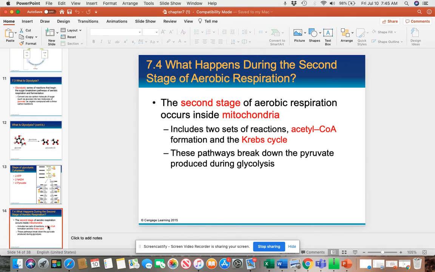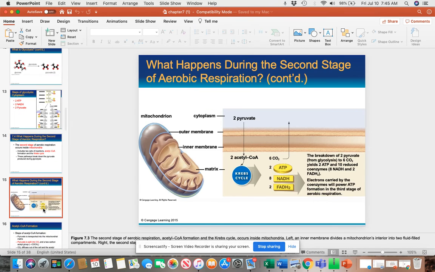The second stage of cellular respiration occurs in mitochondria. So you have acetyl CoA. These transport the pyruvate into mitochondria, and this enters a pathway called the Krebs cycle. Now, in the Krebs cycle, which occurs in mitochondria,